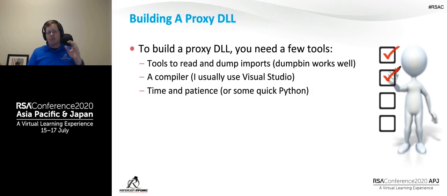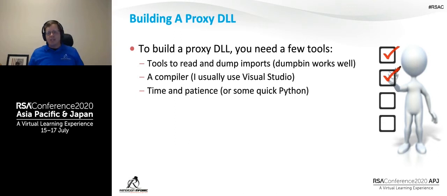Again, I don't use it for much beyond this. The reason I like Dumpbin for this specifically is that it dumps everything out in text. That's really where I want it, because rather than going into a GUI and copying things individually, anything I can use from a text standpoint makes it super easy to start scripting some of these statements that I need to build. And then, of course, I need time and patience, or some Python to help me build this out, or any scripting language for that matter. I don't have this process fully automated, but I'd say it's 85% automated.